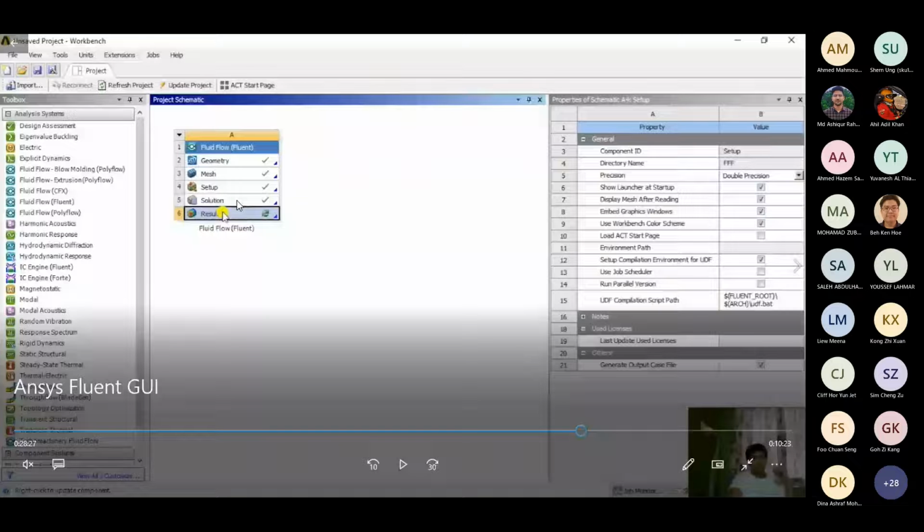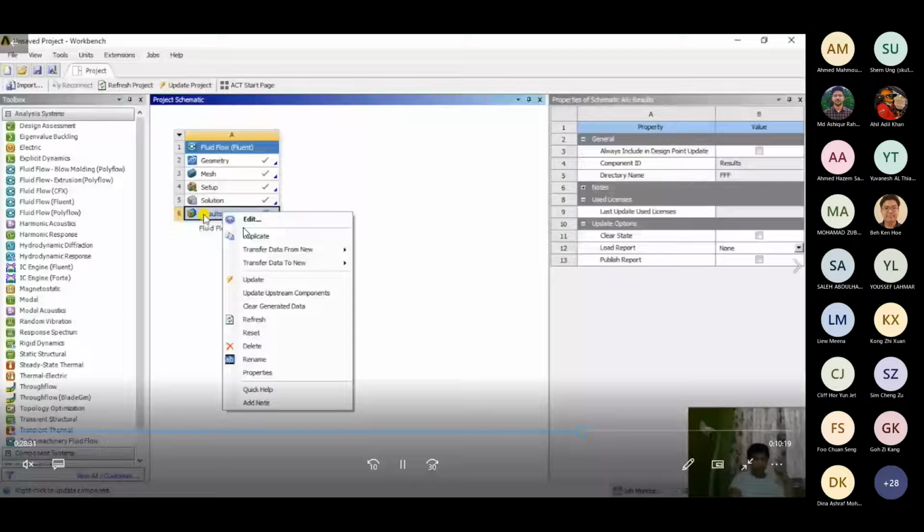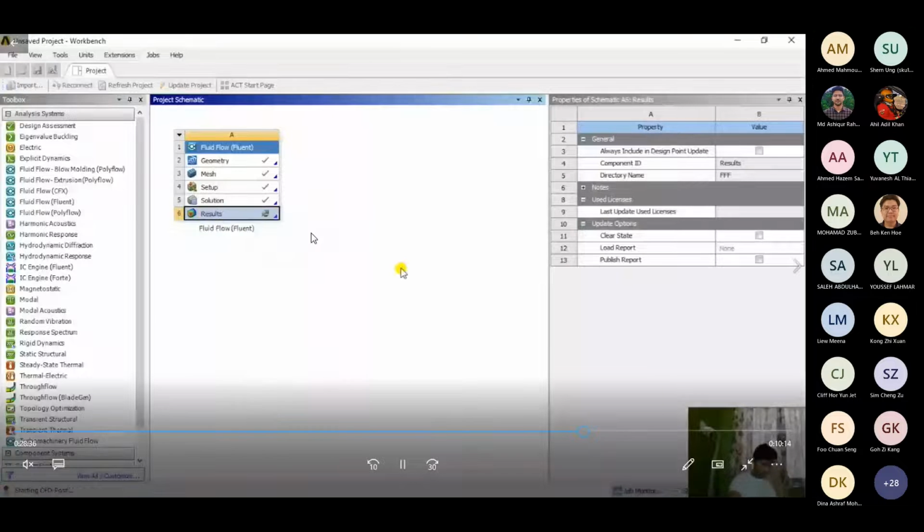So right click, edit, or double click. Anything would do. You'd go for editing the results tab, and I'll just fast forward it for now. Yeah.